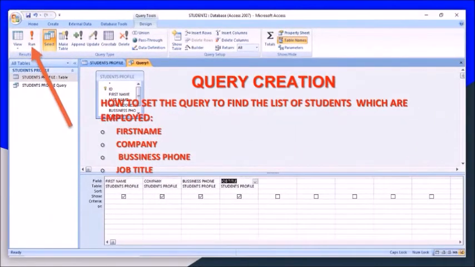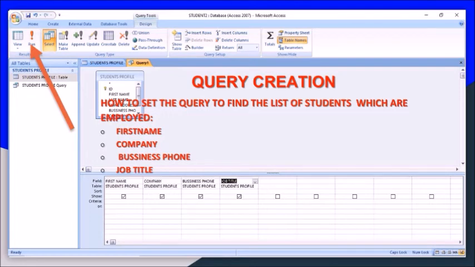Now query creation, how to set query to find out the list of company employees, first name, company name, business phone and job title. So below there it is given field as first name, company, business phone and job title, where table name is given student profile in each column.